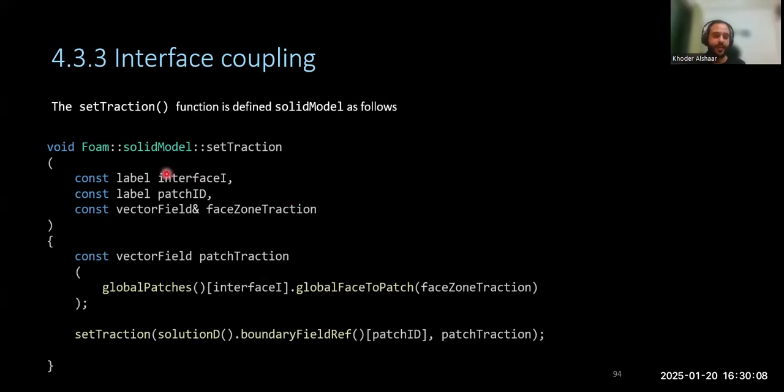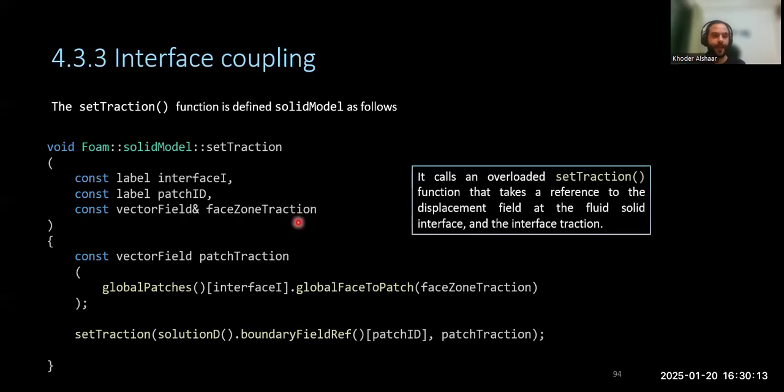And what it does, it takes the interface and it takes the traction, phase zone traction here, and calls an overloaded function called solid traction. And in this function, it takes the solid displacement, solution D here, function, returns the displacement. Remember, in this solver, they use a solid displacement-based formulation. I might have forgot to mention that,